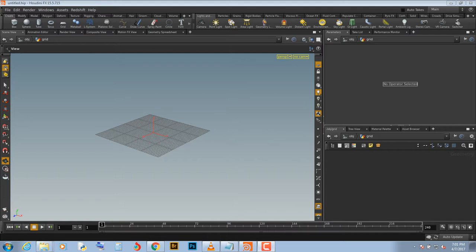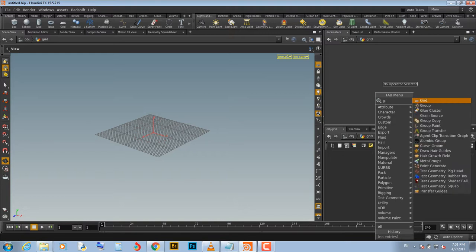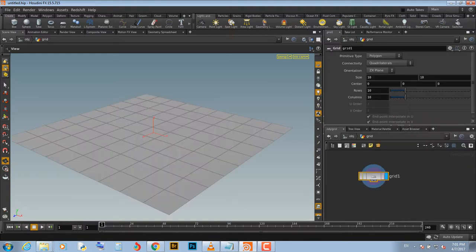So today, welcome to you, and we're gonna make some paper flying effect. And to do so, I'm gonna lay down a geometry, hit tab, and write grid geometry. So I have my grid, and I'm gonna change my rows and columns at 4 by 4,